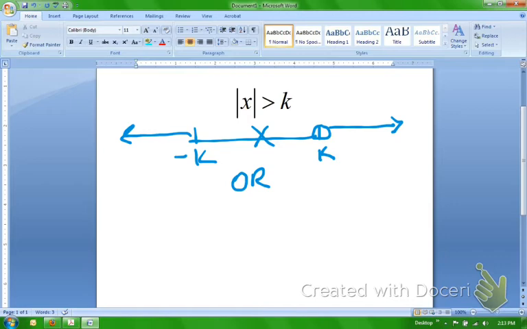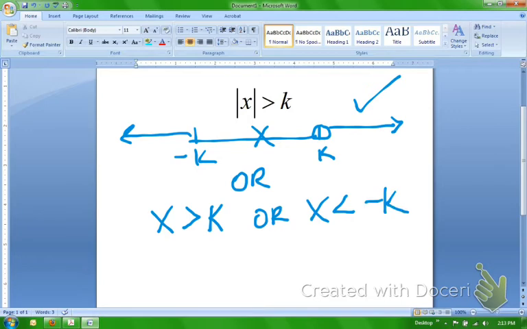Again, we're going to use two statements to represent one absolute value. So x could be greater than k, and that takes care of this bit right here. Or x could be less than negative k,